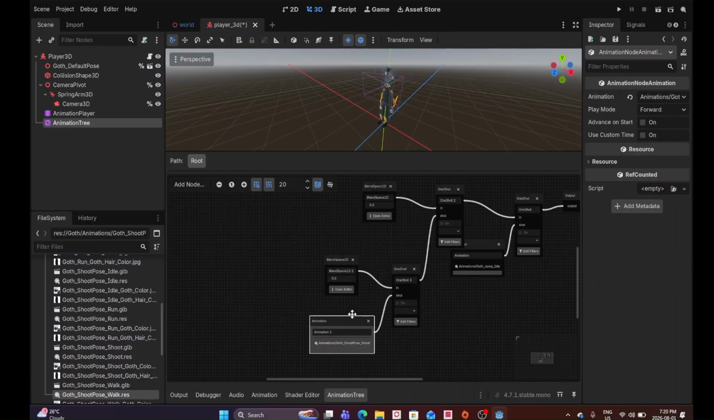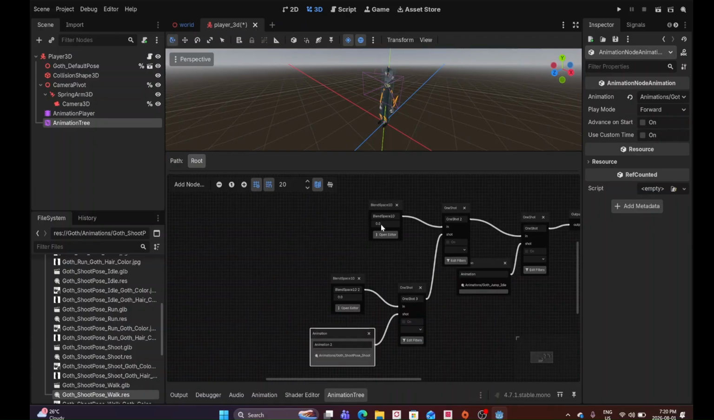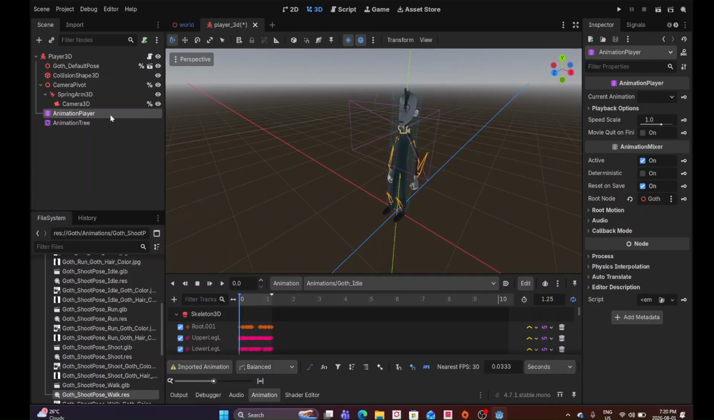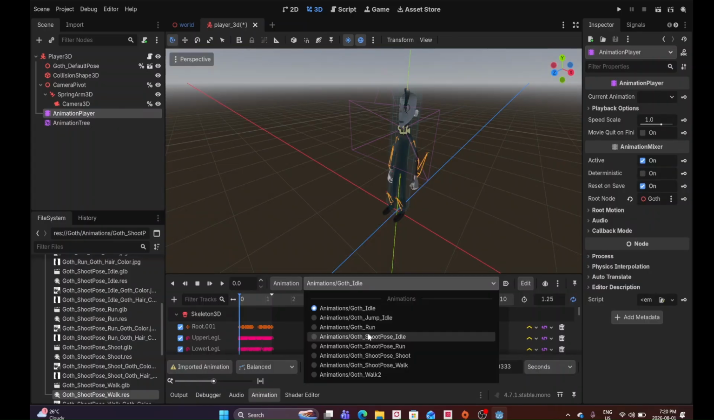So this is the regular idle walk run, but this shooting animation can only be played if it's fired while it's under the aiming animations, the aiming idle walk run. First, another thing that I need to do is I need to go to each one of these,